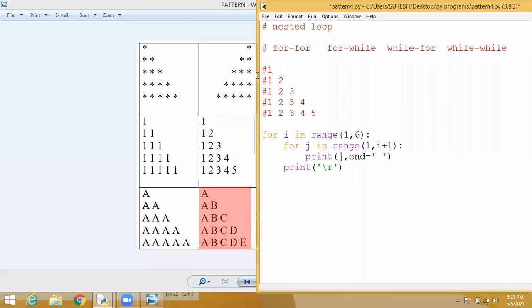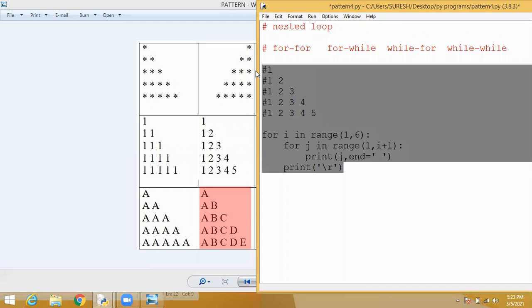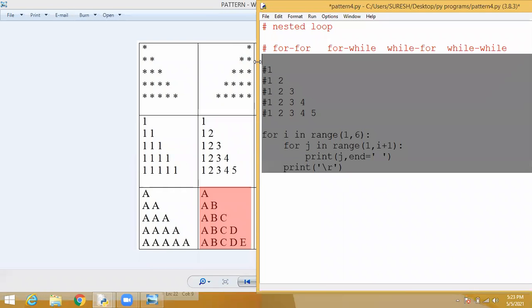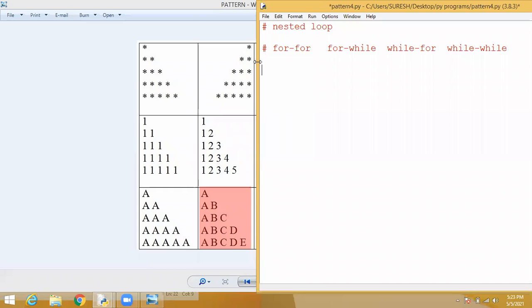See, we know the concept. Students, everyone noted this program? Yes, sir. So we know this concept called ASCII values. Yes, everyone knows ASCII value. What is ASCII value, students? It is the value for the alphabets and symbols. Yes, every character has a value. So with that value, we can increment.